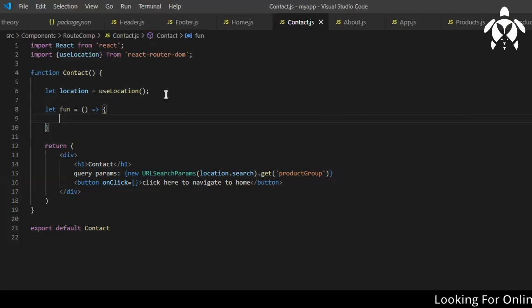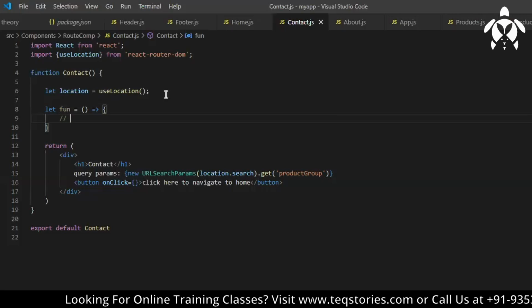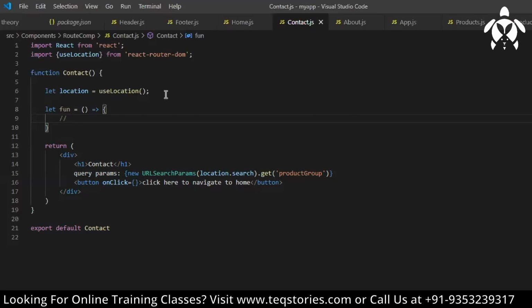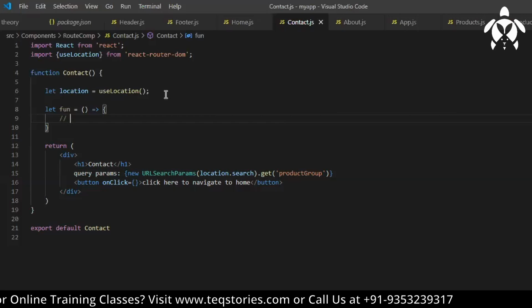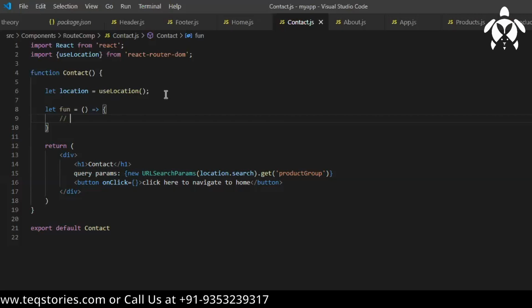Here you can perform any set of operations. After performing them, let's say you want to write some condition and then navigate. If it matches, then you will navigate, otherwise you will not navigate to any other component. Or you will navigate somewhere else, or perform some operation or task and then navigate somewhere else.